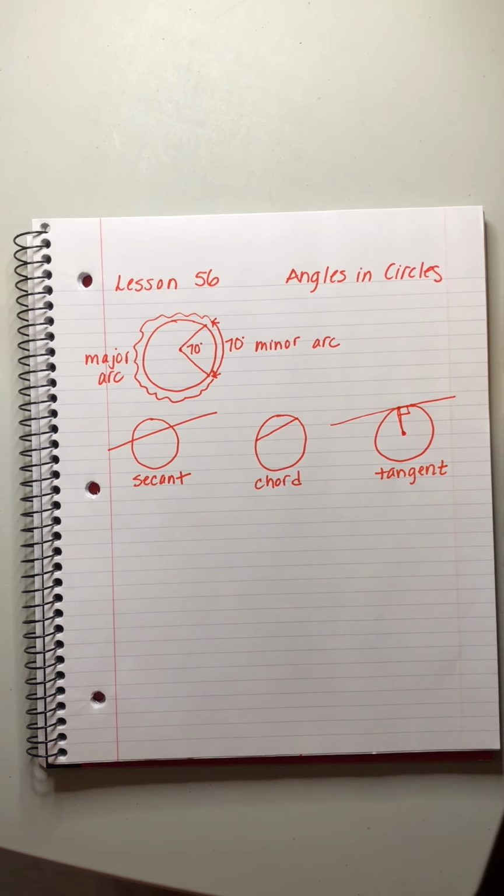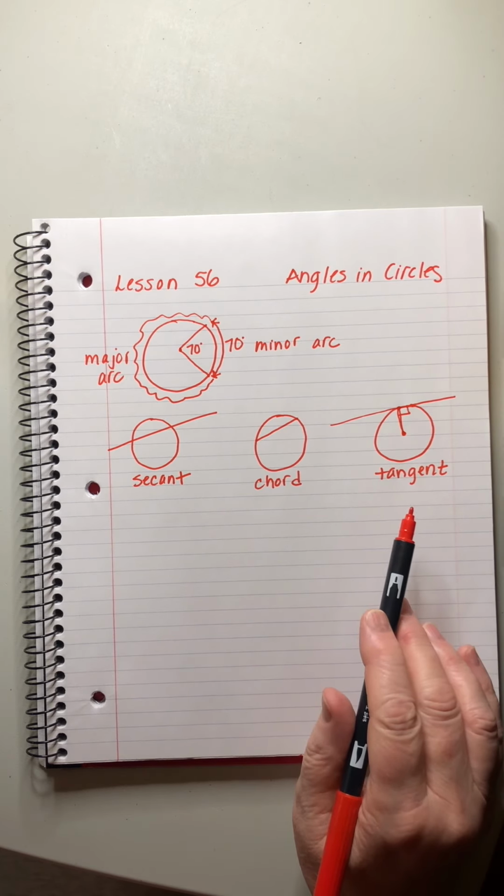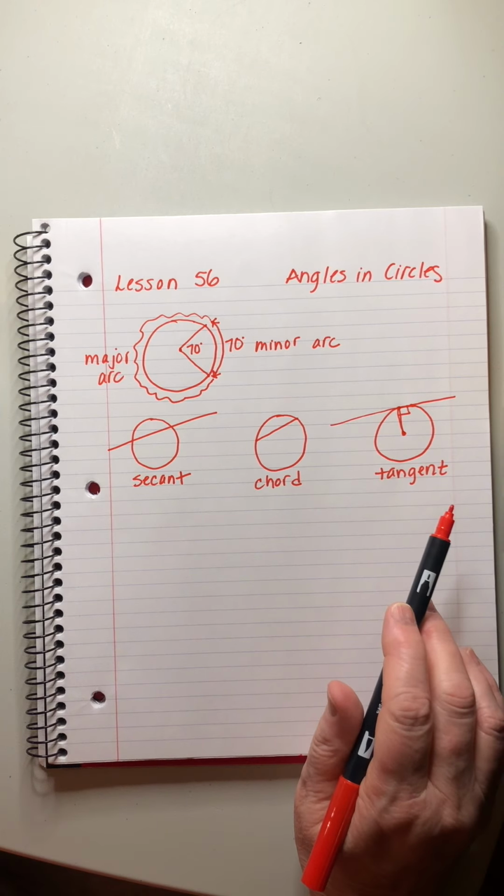Different from the kind of tangent that we talk about in trigonometry. Sine, cosine, and tangent, a different kind of tangent. But a word that you need to know, all right? Now,